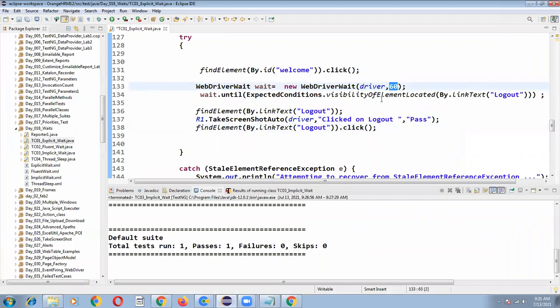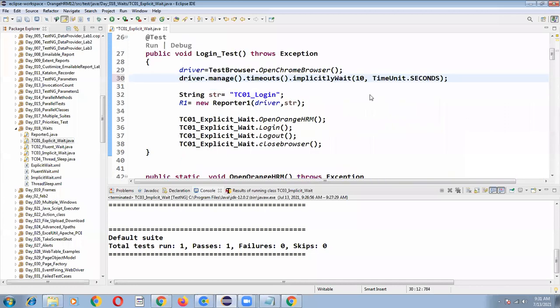But what is the difference between implicit wait and explicit wait? Suppose there is a logout web element, and in your program you have already written an implicit wait condition. But one specific web element is loading after 15 or 20 seconds.